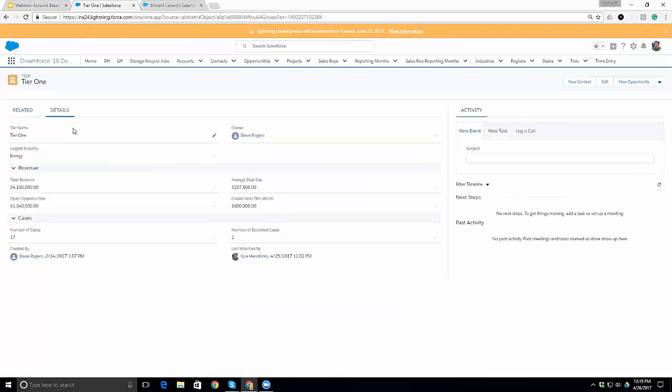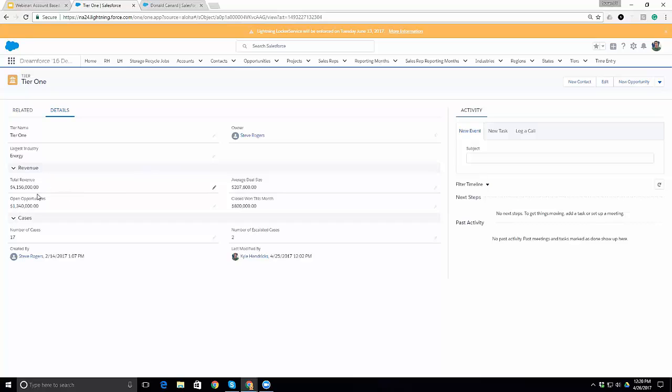And then if we go and look at the details for the tier, any information from those child objects can be aggregated, whatever is going to be useful and important to you in your reporting that you want to collect into one place so that you can just run one straightforward report. You can use roll-ups to calculate things like what's the largest industry within this tier. Now, in this org, I only have one industry that's over 3 million. I don't have a lot of data in it. But you can use a roll-up field to determine which of those industries have the largest revenue and put that information on the record.